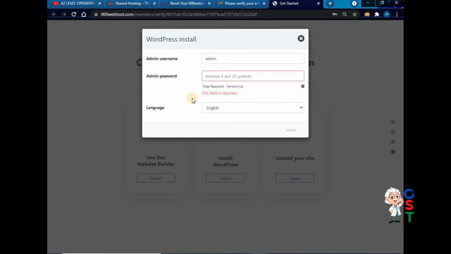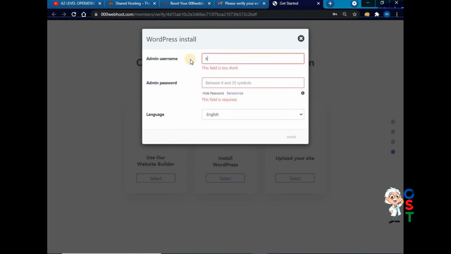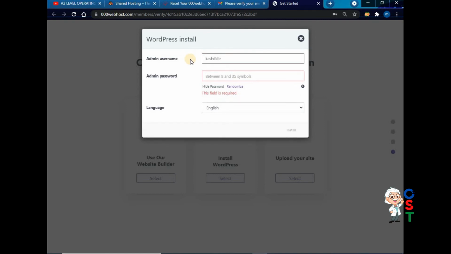When I click on this, I'm being asked to set admin username and admin password. This username and password will be used to log in to my WordPress back panel. My website has two parts. One is the front end, which is visible to the whole world, and one is the back panel, which is available only to me, where I will build my website. So I am setting the username and password for it.